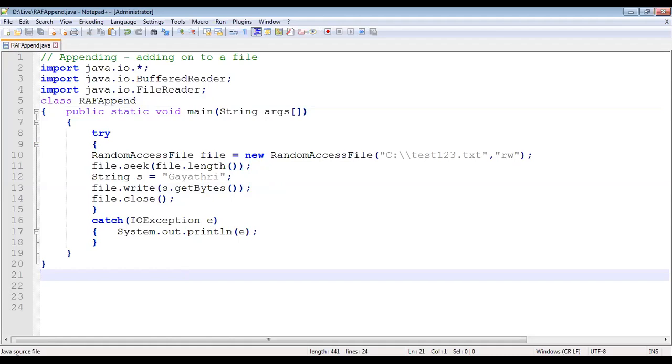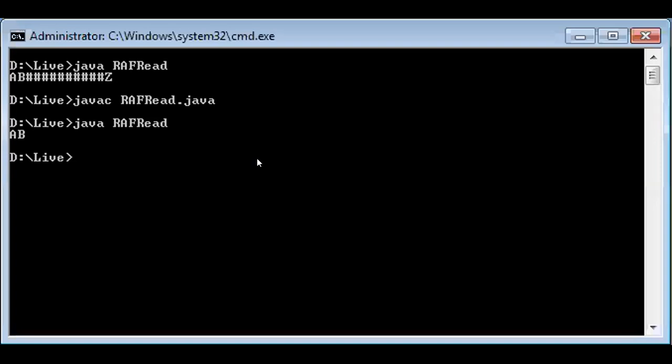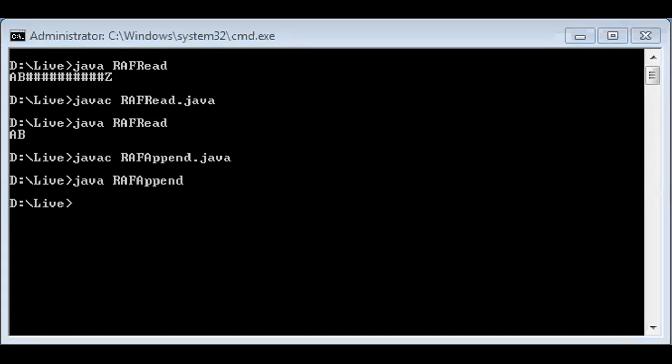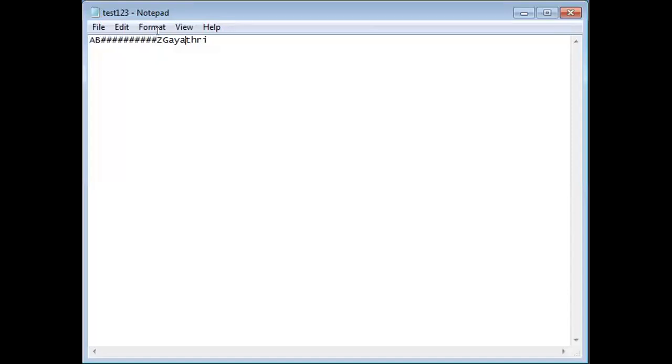I'll put up my command prompt, java c RAFAppend dot java. Looks good. Java RAFAppend. Yeah, looks good. I'll open up my notepad. Refresh. Okay, hope you can see my notepad. Okay, I've got Gayatri correctly at the end.